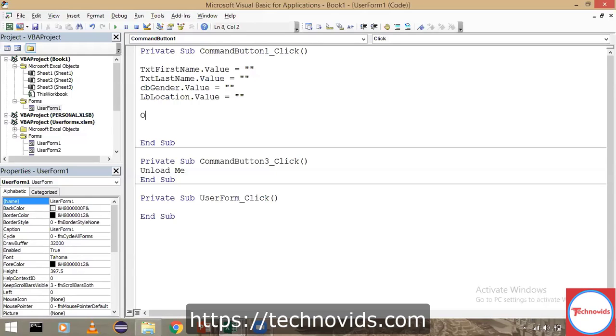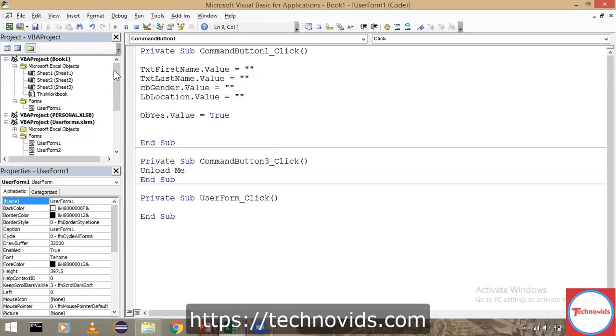Let's say option button OBYes dot value, or I can say dot SetFocus. You can use dot SetFocus or dot value equal to true, both are equal. Dot value equal to true means it will select that particular option button. We'll see how it works.